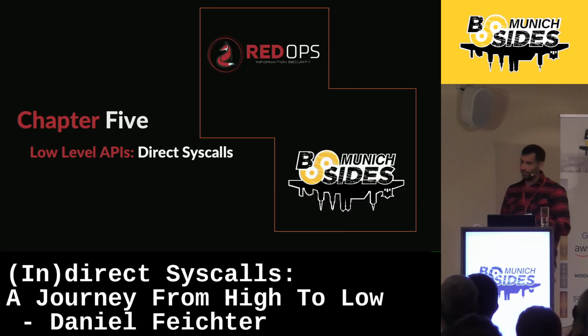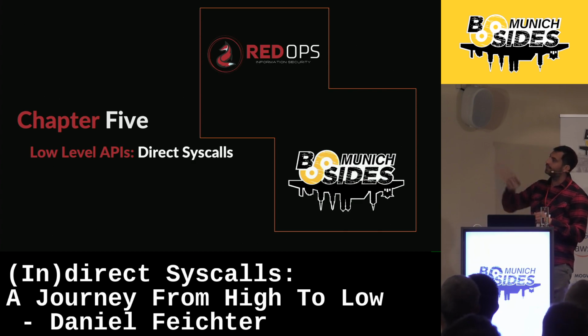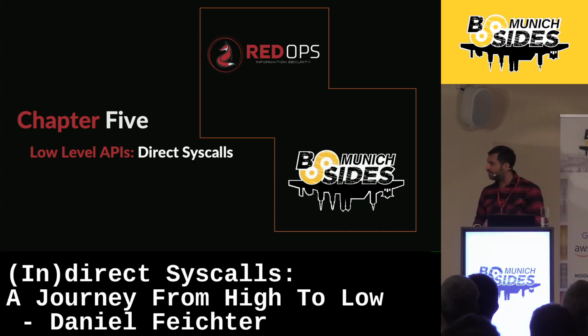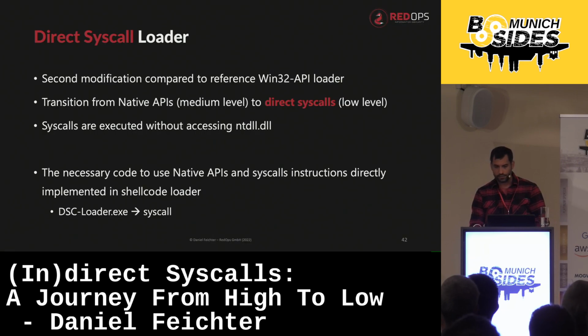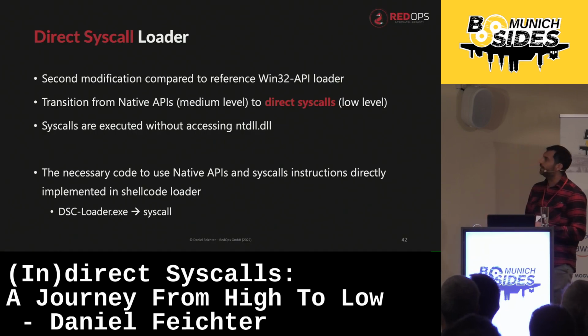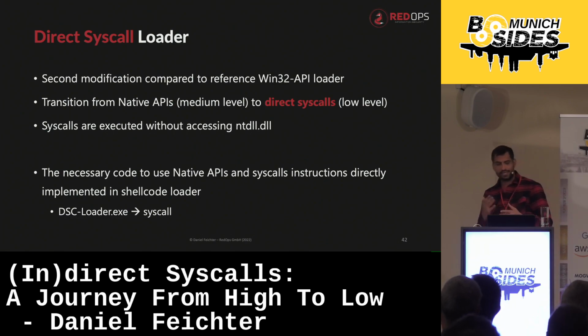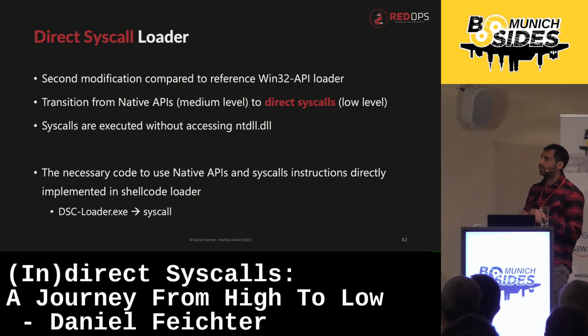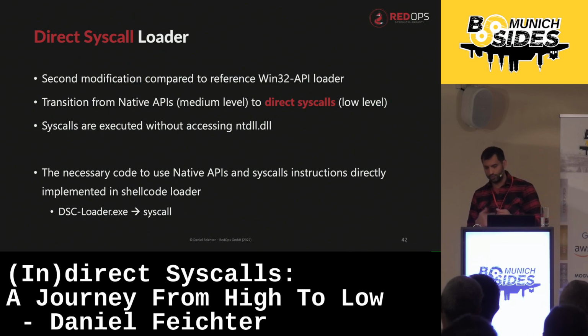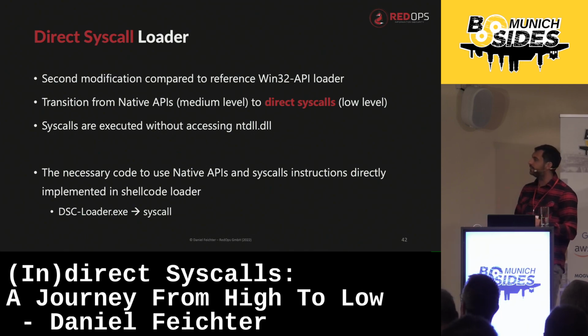So in the next step, we want to make the transition from native APIs one step lower to low-level APIs, to direct syscalls. So we want to build a direct syscall loader. And compared to the reference loader, we will now do our second modification. We want to reach the goal that we no longer ask NTDLL for the syscall stub or the syscall instructions. Instead, we want to directly implement the needed syscall stub or code into our direct syscall shellcode